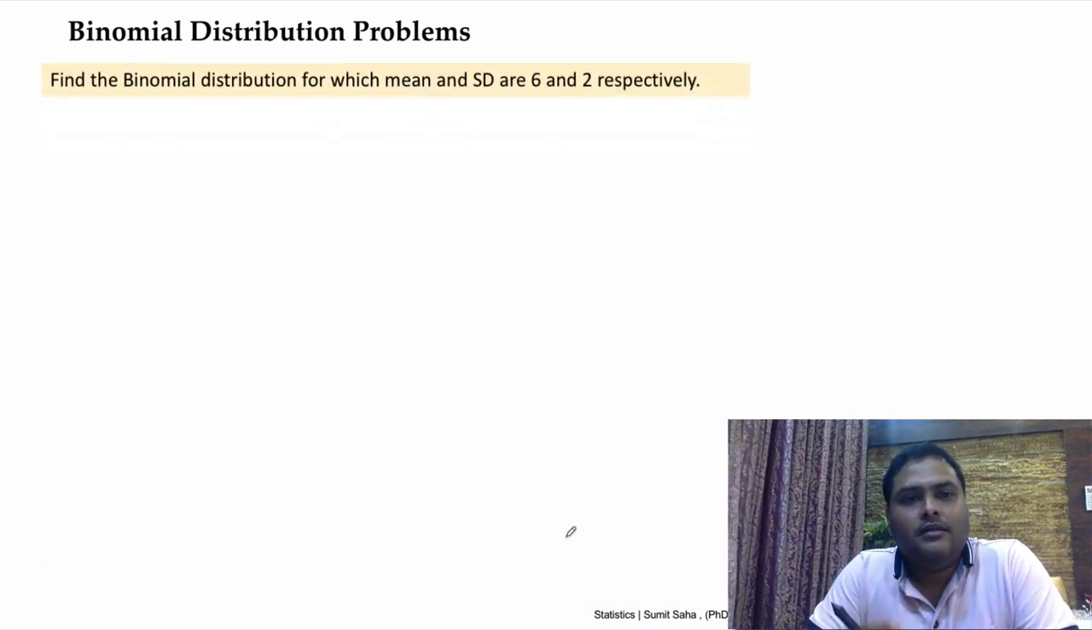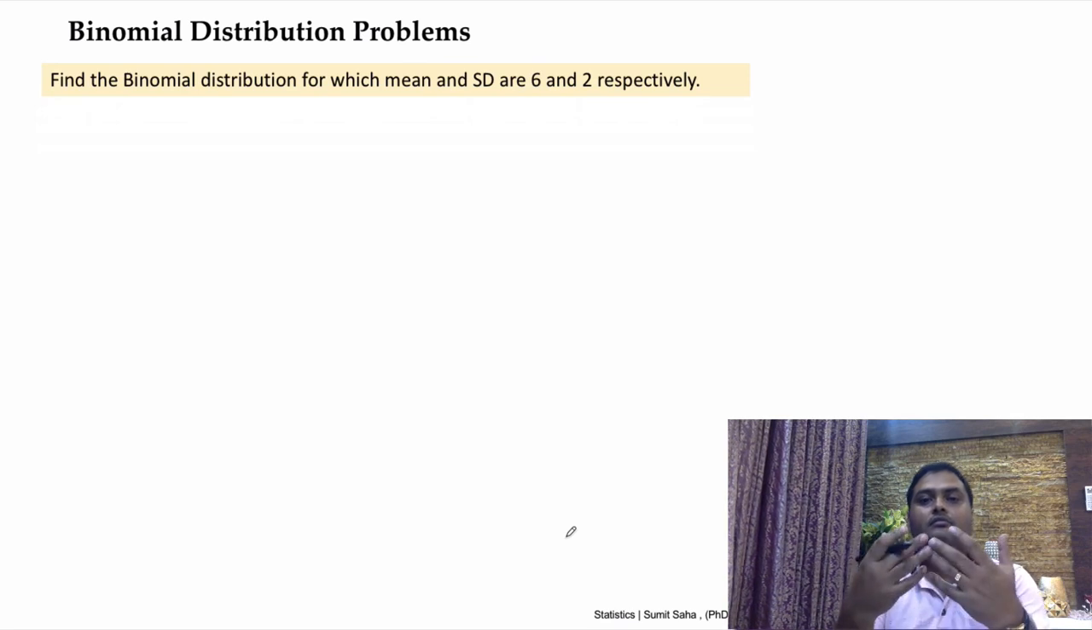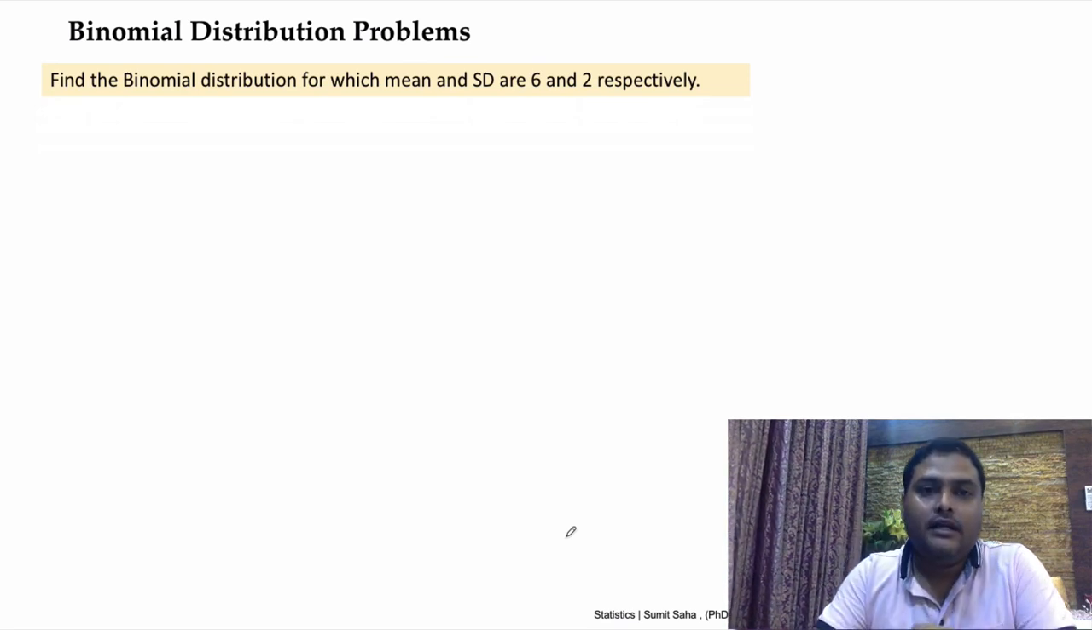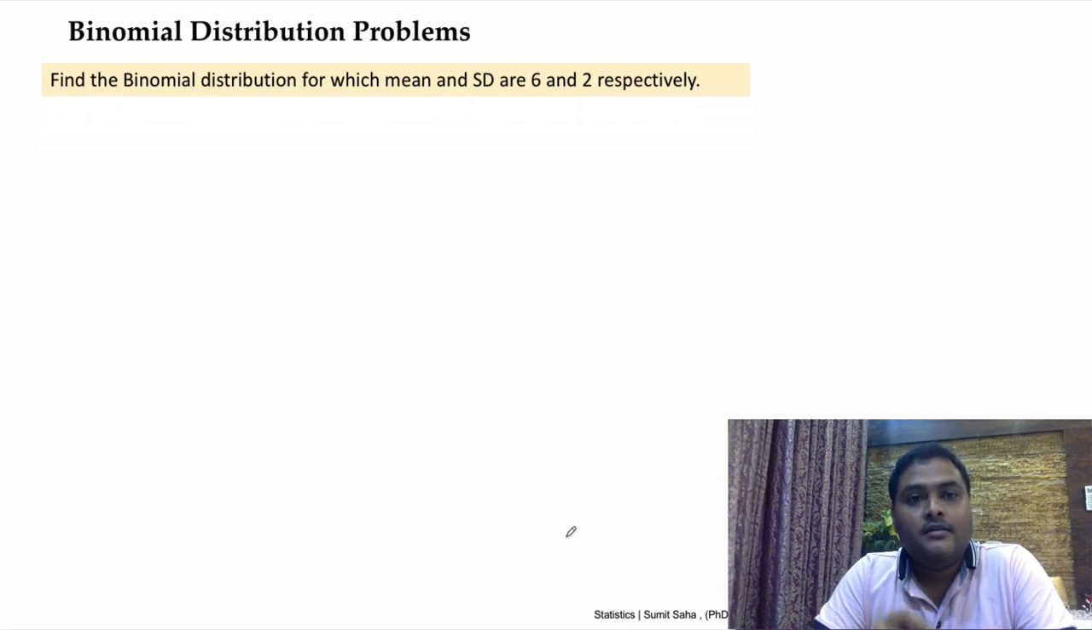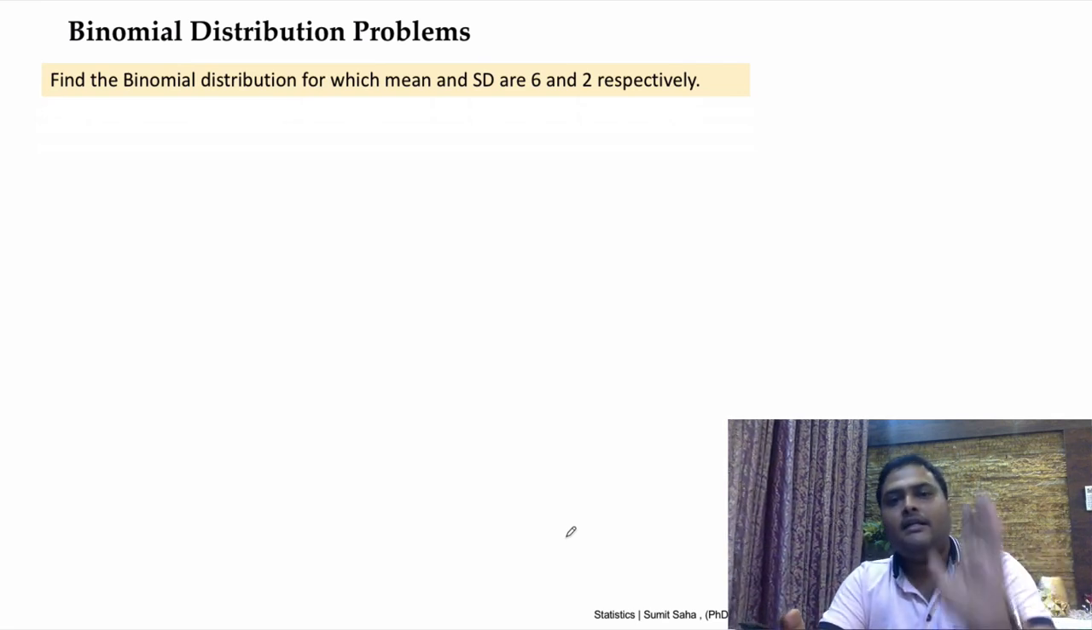Let's take this problem. Find the binomial distribution for which mean and standard deviation is given, 6 and 2. Please understand, here the question is I need to find out the binomial distribution expression, not the equation. In that case x will be there, because x is not given. So that expression we need to find out, wherein standard deviation and